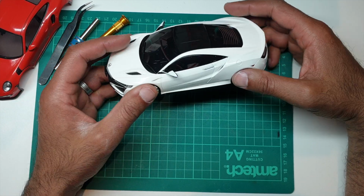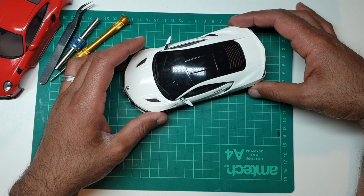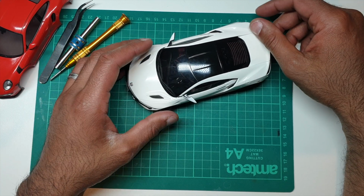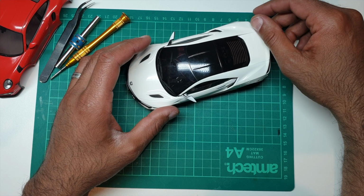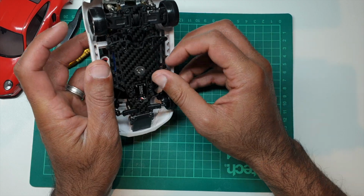If anything, this car's got so much adjustability, it makes it very easy to use those bodies. So in terms of driving, I found this very maneuverable and very easy to use once I got the setup right. I think what really helps here with this car is you can get the steering centered very easily because